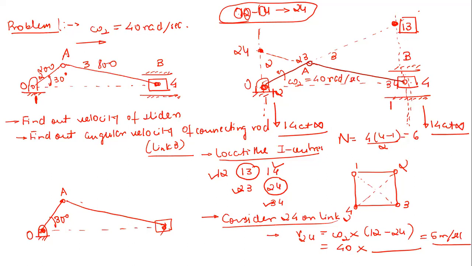On link 3 with 24 point, we have to assume on link 3. So you have to find out the velocity of a slider, correct? And the slider link is which number? It is link number 4, correct? So now you took the instantaneous center, which is common to 2 and 4, correct? So now one time you considered on link 2. So what should be my next step? So I consider 2, 4 on link 2. And now I have to find out the velocity of a slider 4.